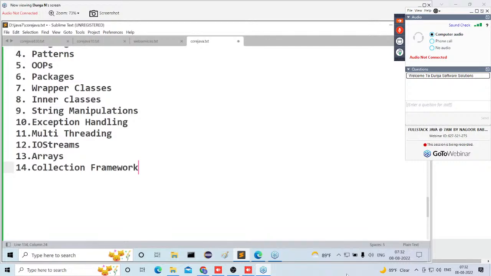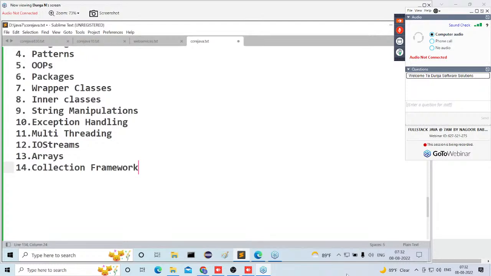But if the requirement needs collections, then only we have to go for collections. Moreover, arrays are a lightweight solution and the collection framework is a heavyweight solution. And arrays are less API dependent, whereas the collection framework is more API dependent. Like this, so many differences are available, not just one.